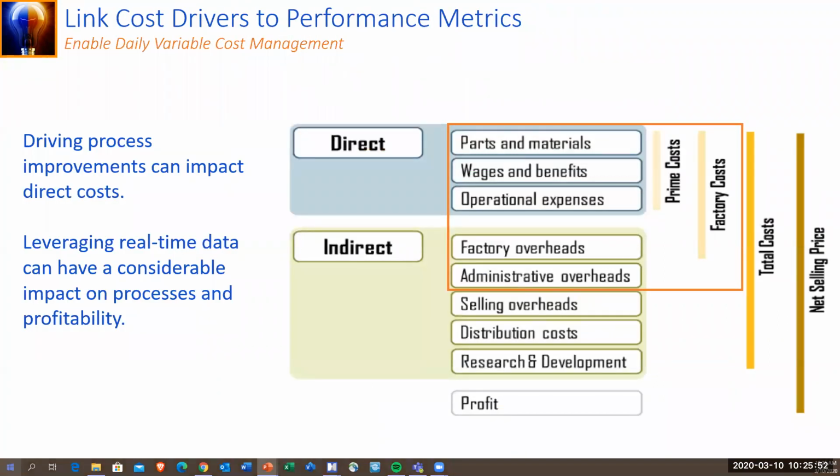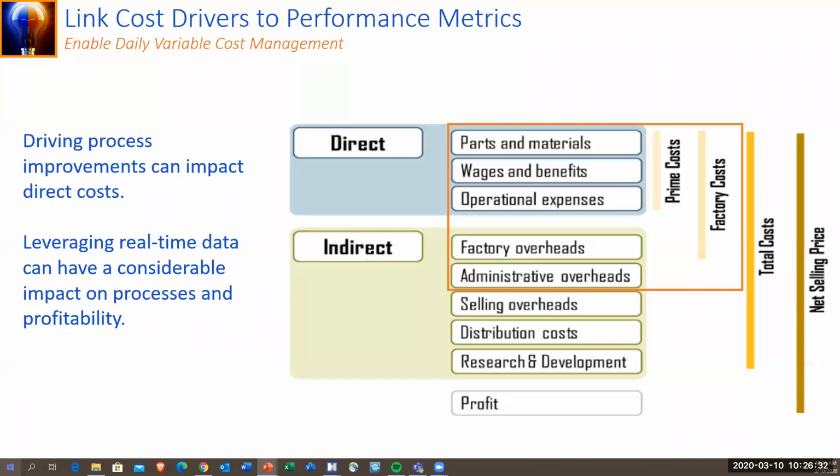Then the last step here is actually dollarizing this. If you look at a lean accounting perspective, where you really want to focus on the direct costs of the organization, you can look at what is my part usage, material usage, where are my people on the shop floor, what are they doing at any given time, as well as the operational expenses of running the equipment, my utilities cost, and so forth. All of those things are tracked through Industry 4.0 if you choose to. And what we have the ability to do then is to place those within the business context, dollarize those, and